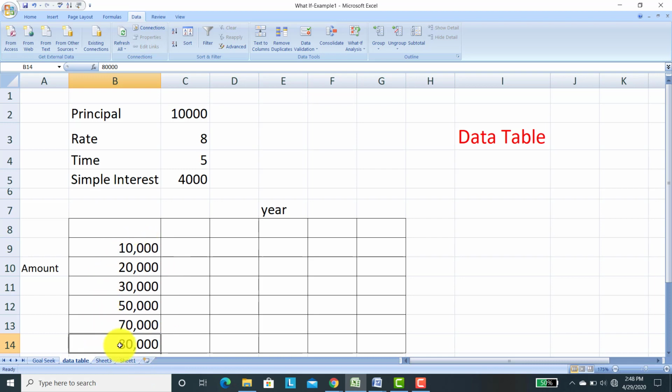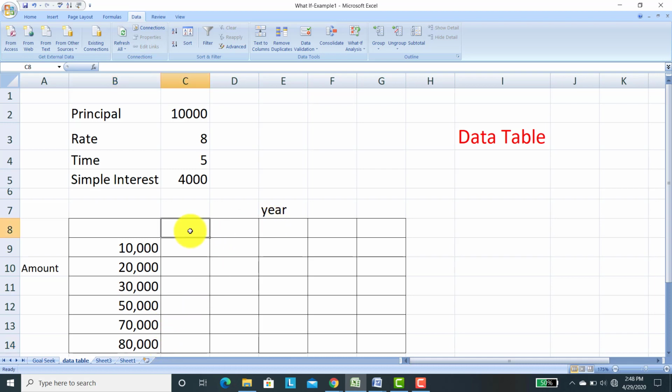Why have I written these amounts here? Suppose I want to check if I take a 10,000 rupees loan from the bank, or I can take 20,000 rupees from the bank, or I can take 30,000 rupees, 50,000, 70,000, or 80,000. I just want to check.